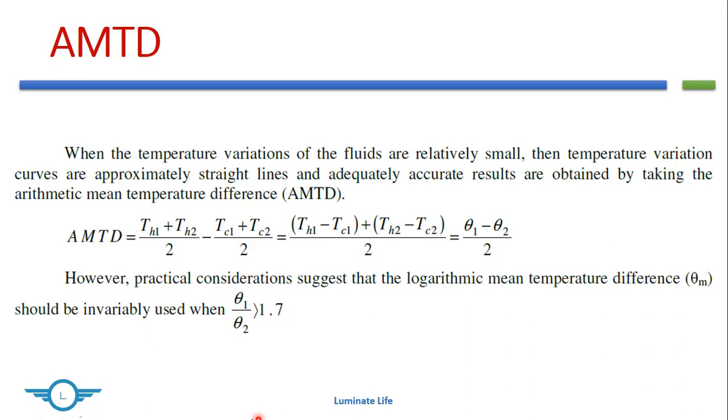So AMTD is like arithmetic mean, which is nothing but summing and dividing by 2. So Th1 plus Th2 by 2 will give you the arithmetic mean of the hot water, and Tc1 plus Tc2 by 2 will give you the arithmetic mean of the cold water, which we can rearrange and write as theta 1 plus theta 2 by 2. But practical considerations suggest that LMTD be invariably used when the ratio of temperature difference at the inlet and outlet